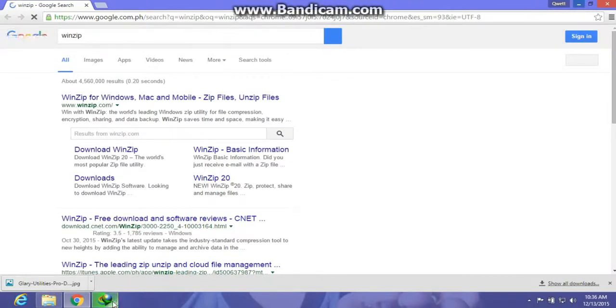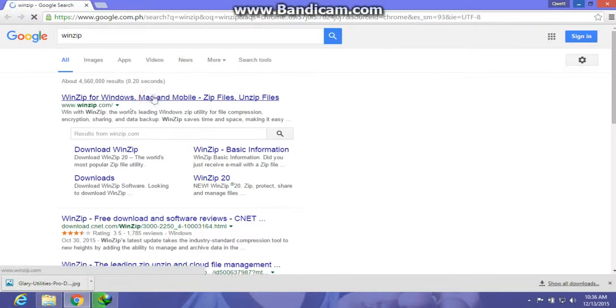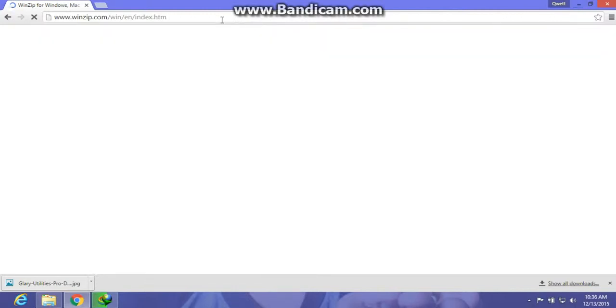So I will just wait for the file to finish. You need a third-party application that can open zip files. However, you can download WinRAR or other types of third-party applications capable of opening zip files and extracting them.